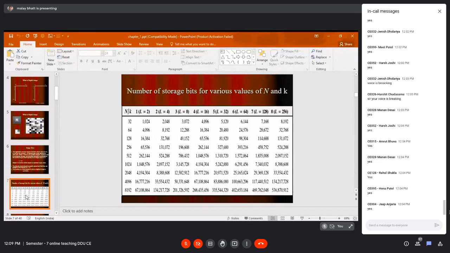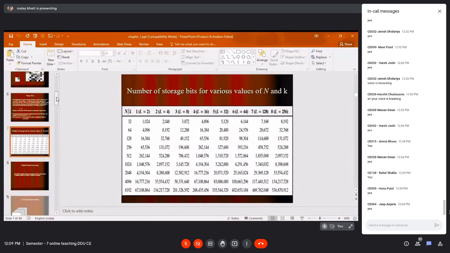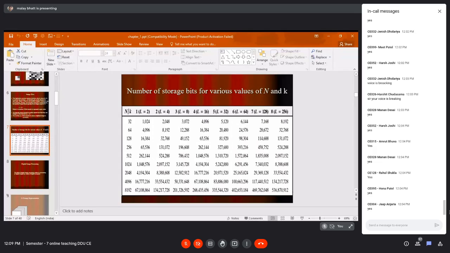Definitely, if you increase the number of rows and columns of the image, you can increase the size of the image. Also, if you increase the number of gray levels, the number of bits required to represent the image, then the size of the image will also increase. So you have two ways to increase the storage size. Either you increase the number of rows and columns. That's what most cameras are doing today. You are able to get a 48 megapixel image. So what is that 48 megapixel? What are they increasing in that?